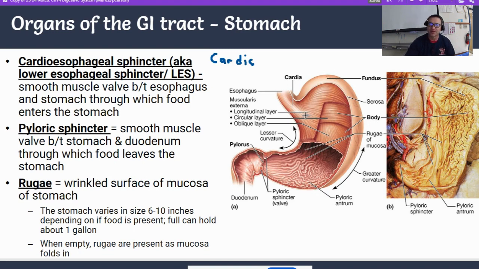First, it's got to go through the cardioesophageal sphincter, also called the lower esophageal sphincter, or also the cardiac sphincter. I learned cardiac sphincter and lower esophageal. This is new to me, but all three will be correct. Its function is to let food in, but its main function is it doesn't let stuff go back